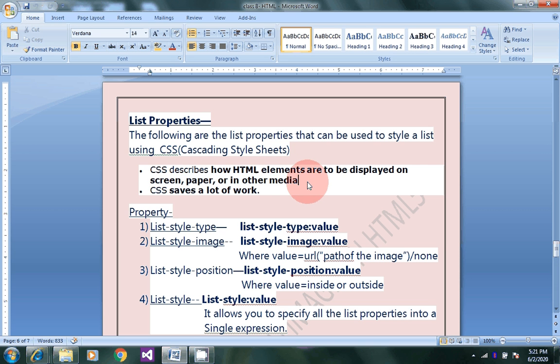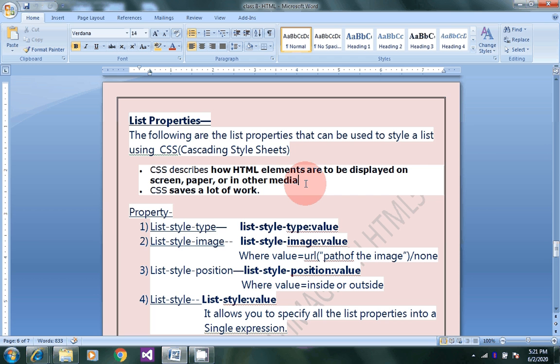It means it gives a look to the HTML elements and helps to save a lot of work which you have to code in the HTML.